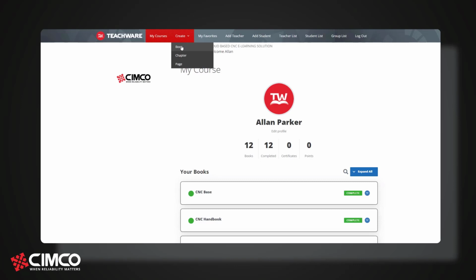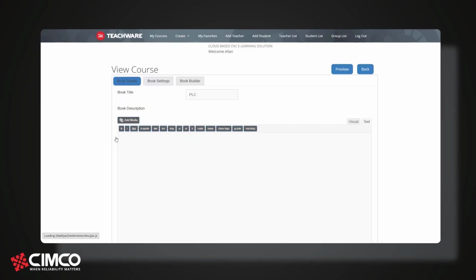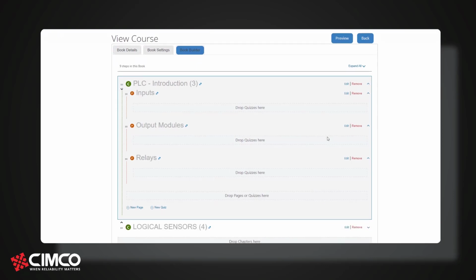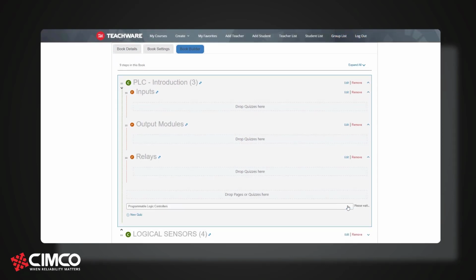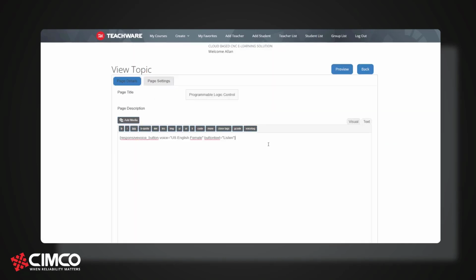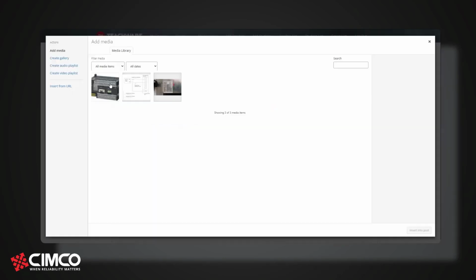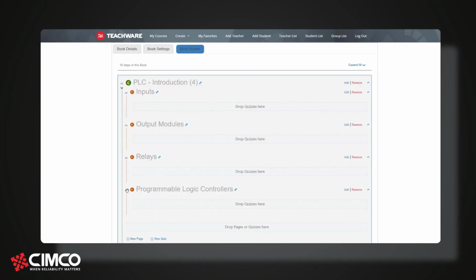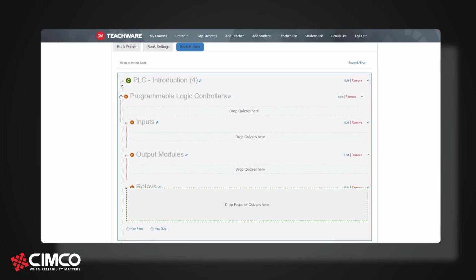From the main menu, you have the option to add and edit books, courses and users, as well as checking your students' test results. Adding or editing a page is simple. Choose your desired book and add a page. Now you can write your headline and add content in form of text, video and images. The drag and drop function makes it easy to place the page in correct order.